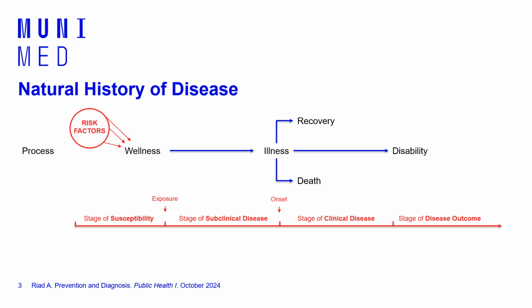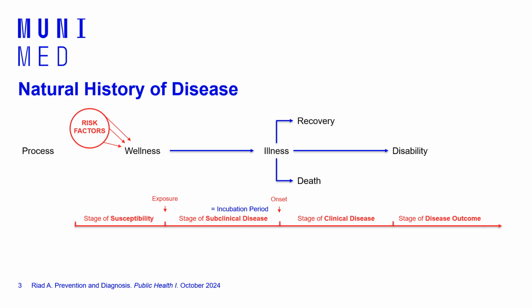And these principles are exclusively applicable to infectious diseases, so you have to be careful. The subclinical disease stage cannot be measured for non-communicable diseases like cancer, diabetes, cardiovascular disease, or any other chronic condition. Why? Because we don't know exactly the day of exposure or when the disease started, because the changes that lead to these diseases are usually time intensive. They take years, and that's why we don't know for sure when the disease started, and we are also not very sure when it started to manifest clinically.